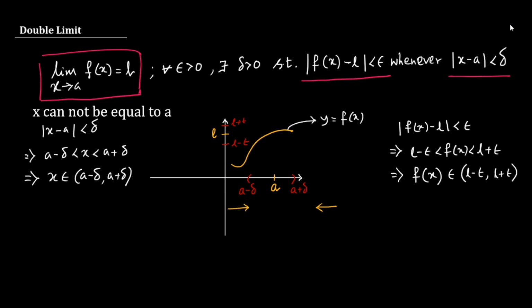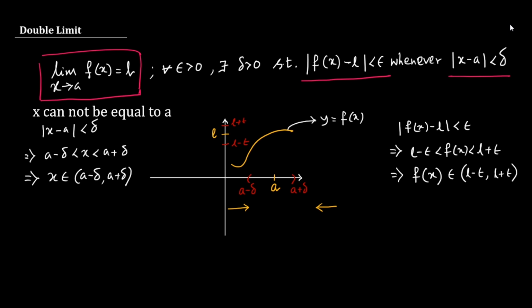The variable point can approach towards a from two directions, either from the left side or from the right side. You can visualize the situation as a is placed on a rope and you have to reach a by walking on that rope. So you can visualize the scenario as walking on a rope, because all these values, the variable point x